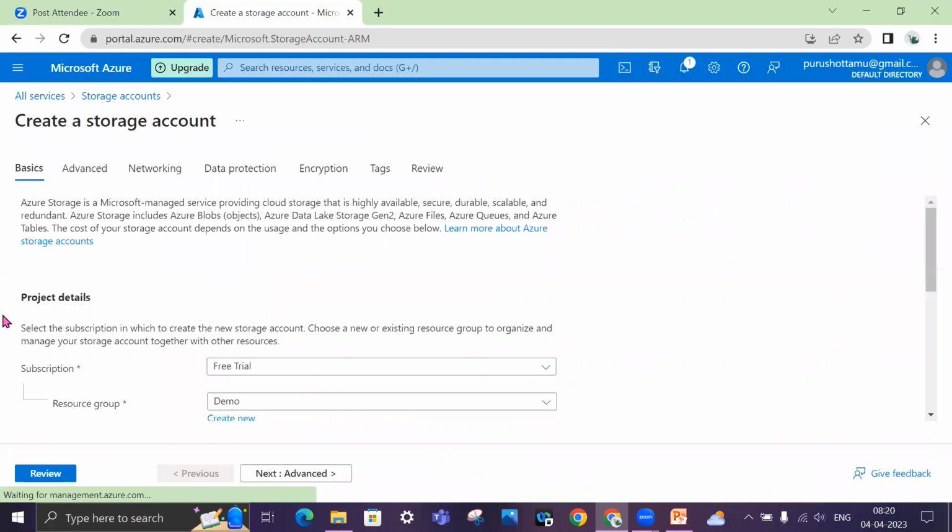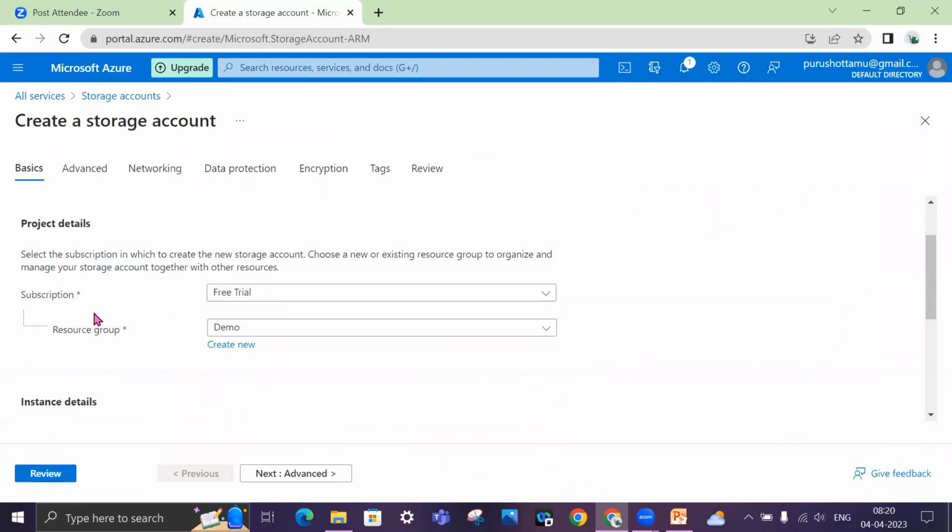Once you are in storage, the first thing it will ask you is the subscription. Right now I have a free subscription provided by Microsoft, so I'll be using that. But in real time, when you're working on enterprise use cases, you will not be using a free trial. There is a specific enterprise subscription available.